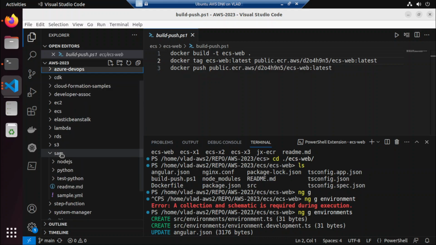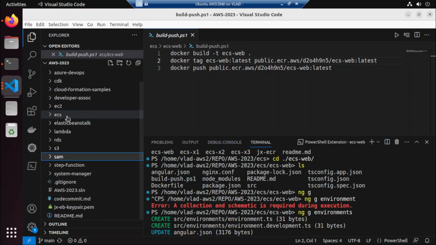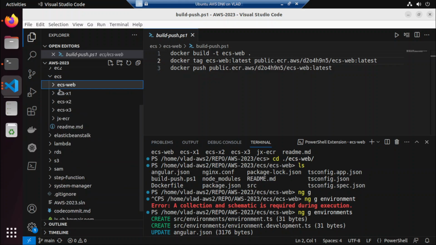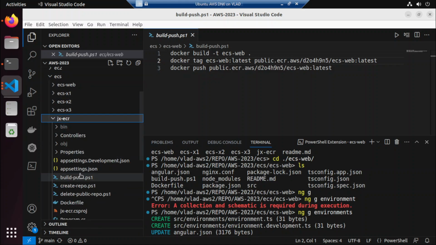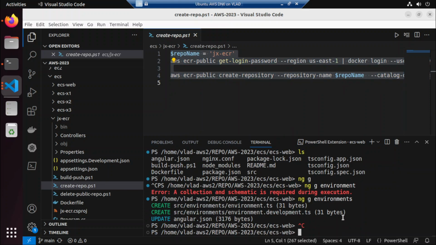Where is it? Should be in ECS JX. Does it have the create repo? Yeah, this one here is the create repo. Okay, so we're going to